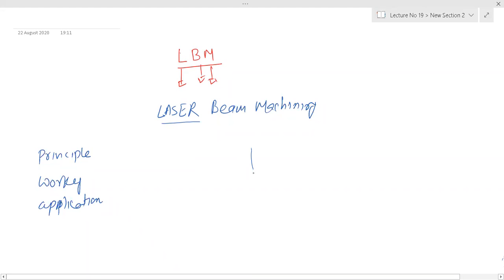Let me draw the picture first. We have a ruby crystal. Ruby crystal is there. It may be in a solid state or a gaseous state. And a xenon tube. I think you have seen a xenon flash lamp, or you can Google it, or you can watch a YouTube video on xenon tube. Basically, it is a tube, right? And when electricity is given, there will be very high intensity light.